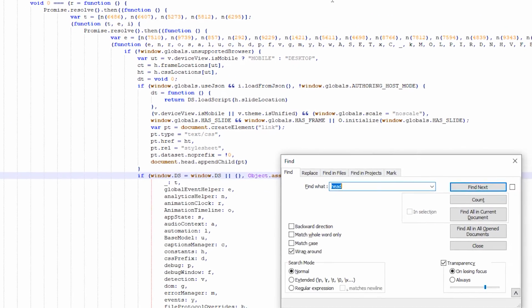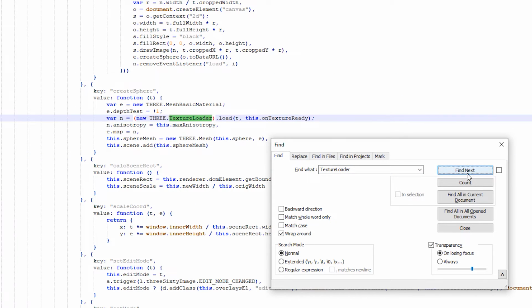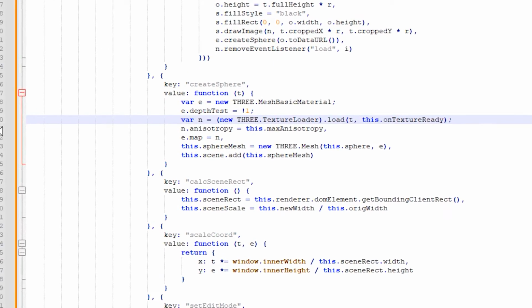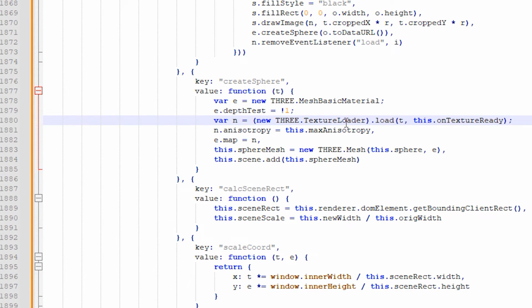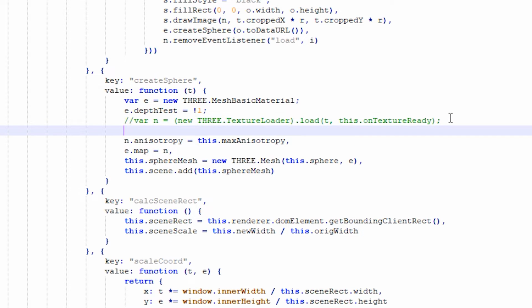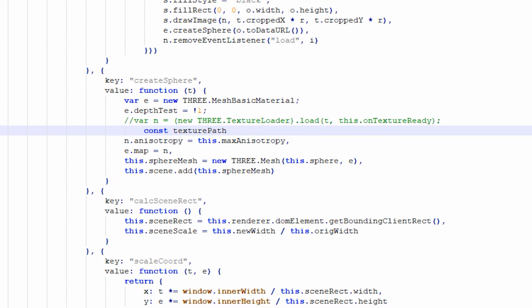Now the file is easier to navigate, we'll do a search for Storyline's texture loader function, which applies the 360-degree image to the outer sphere of the 3D environment. This should appear at around line 1880 of the document. Now make the following edits. Comment out the line that applies the texture loader to the n variable by adding 2 slashes at the very start. Then write onto a new line const, or constant, texturePath with a capital P equals